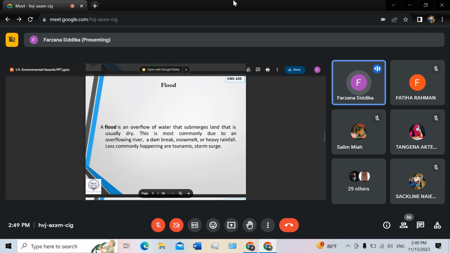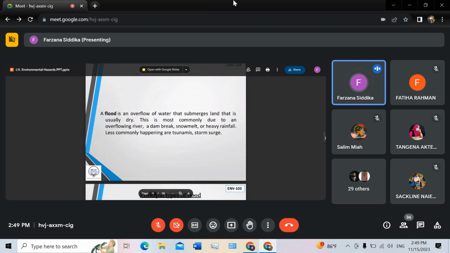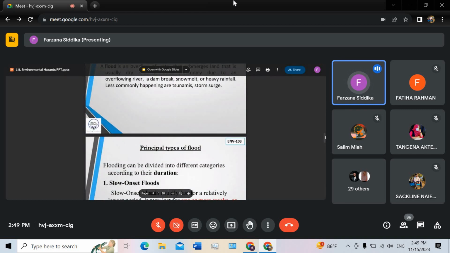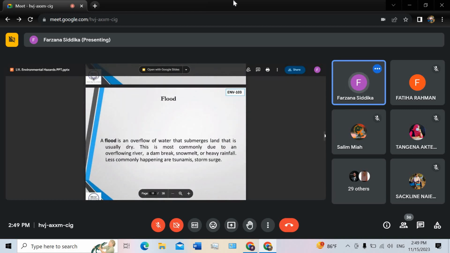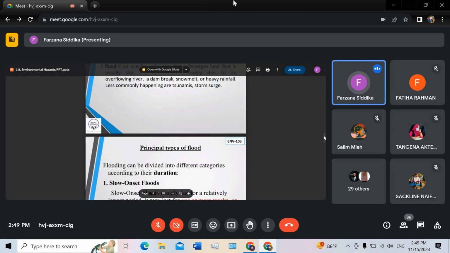What is flood? Nothing to say. You already know what flood is. Flood is an overflow of water. So actually we can say an event is a flood when we see water or excess water in a place where usually we do not see water. Say for example in our house, or on the roads where water should not stand. So if we see water over there, that can be considered a flood.